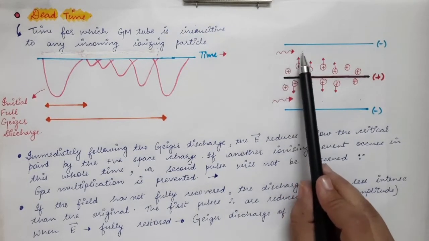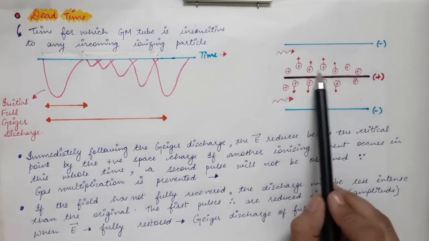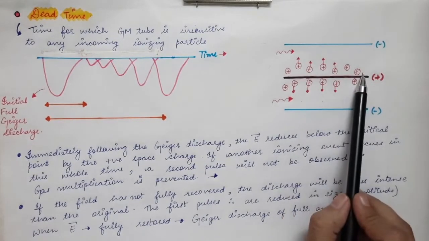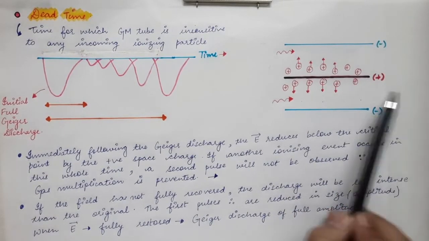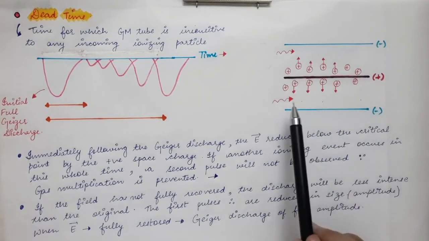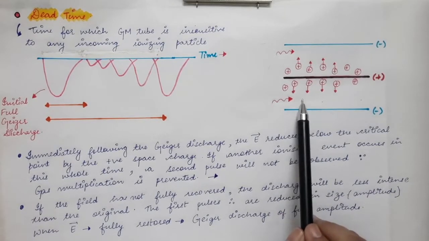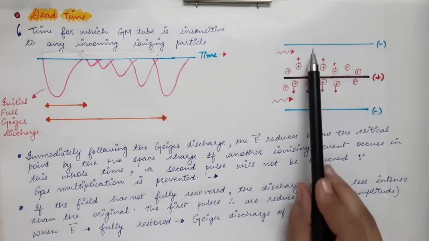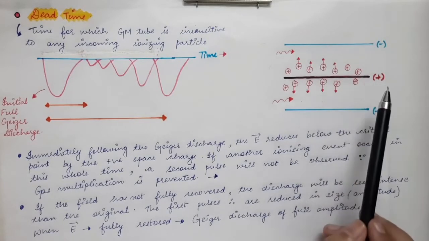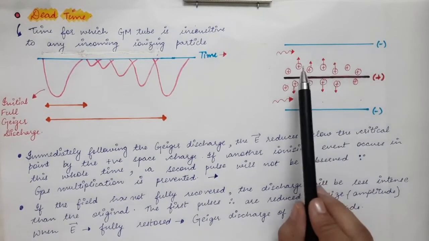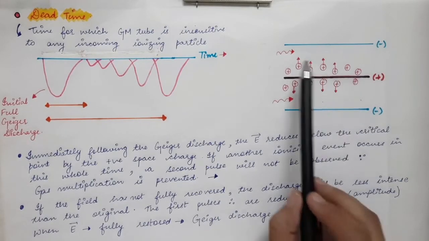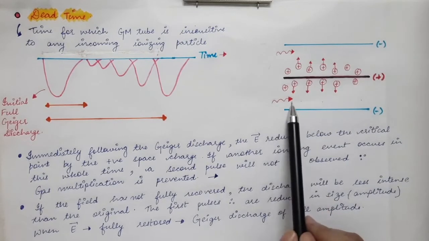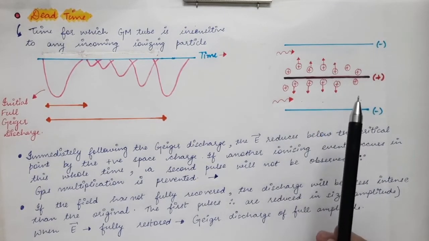So this ionizing particle makes its primary ionizations and Geiger discharge occurs and positive ions get accumulated around the anode wire and you get a pulse across the resistance R. In this whole time, if another ionizing particle comes into the GM tube, that particle will not be detected because in the case of a GM tube, the pulse height remains the same for every incoming particle. So if Geiger discharge is occurring already inside the GM tube, this particle will not be able to contribute to the Geiger discharge.